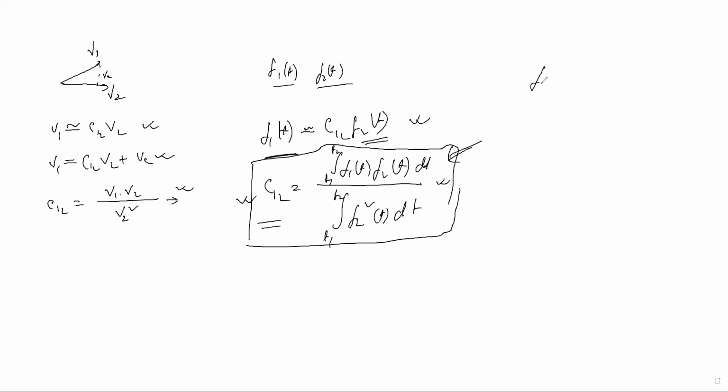What are those steps? Suppose the approximation is given by C12 f2(t). Then we find the error function by subtracting this C12 f2(t) from the first function. This is the second step: we take the error signal or error function by subtracting, because we have taken it as an approximation.